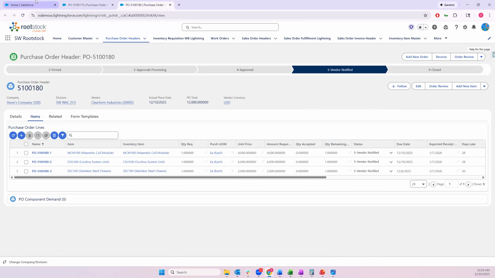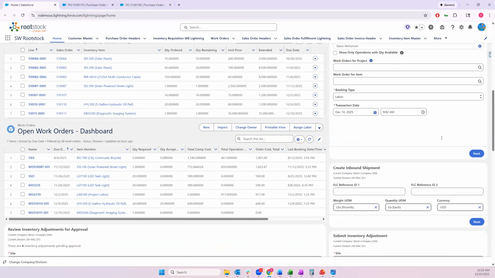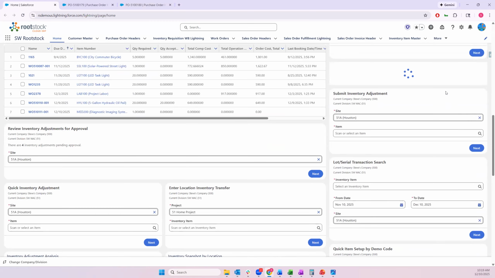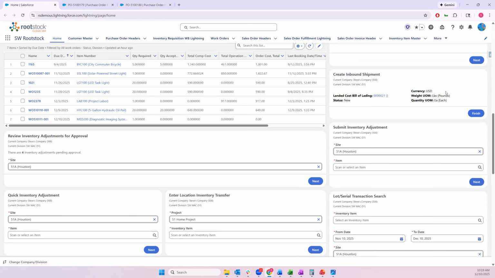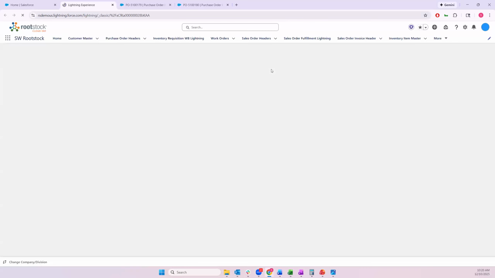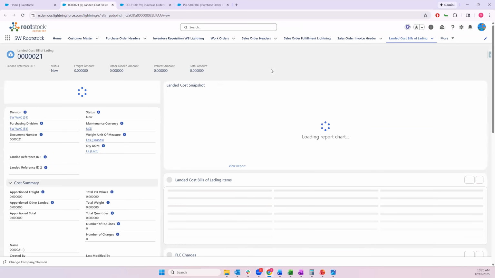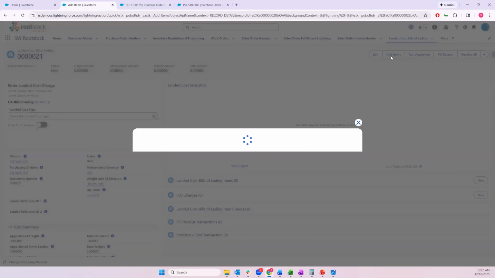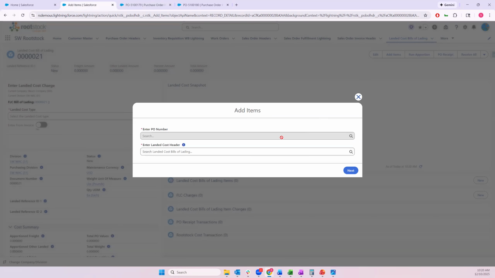Now, this starts with creating what we call a landed cost bill of lading. What we can do is create an inbound shipment, and we can consolidate multiple purchase orders and multiple items onto a single record, and then we can attach multiple costs to this record and then apportion them accordingly. So first and foremost, now that we have our landed cost bill of lading, we can add our items. We can take all the items from both of these purchase orders,